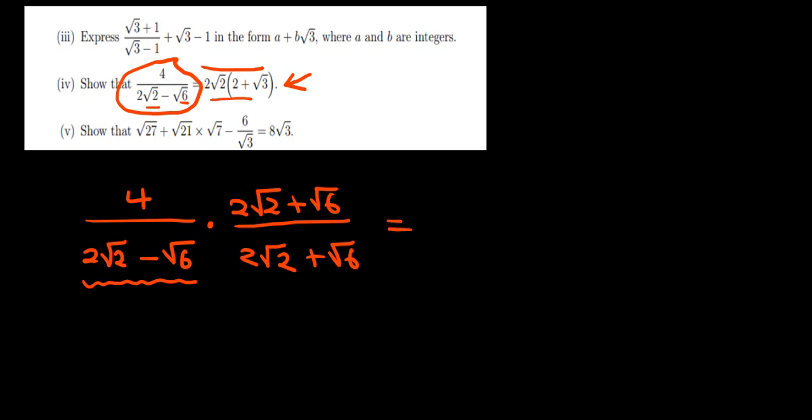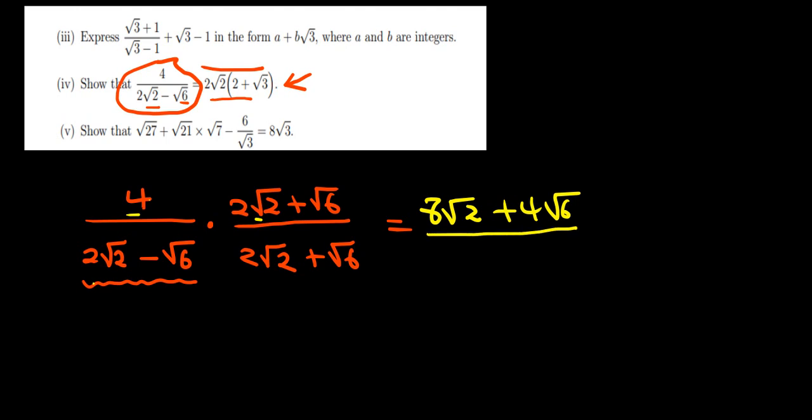So what are we going to get? It's going to be 4 multiplied by 2 root of 2, that will be 8 root of 2, and then 4 multiplied by root of 6, which is 4 root of 6, and then we're dividing by